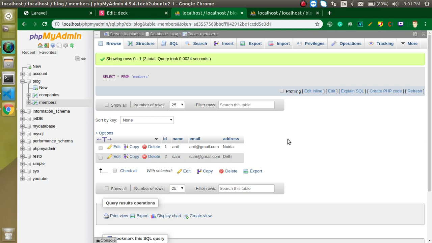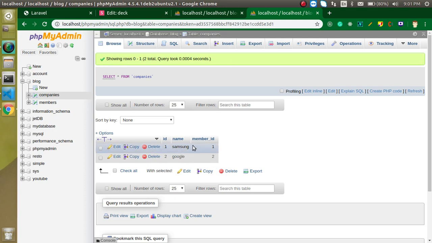So now what is one-to-one relationship? One-to-one relationship simply means that both tables can have only one data to match, right? So for example, there is one user Anil, right? And he can work in only one company at a time, right? So he is working at Samsung. It is not possible that Anil is working in Samsung as well as in Google, because one employee cannot work in another company.